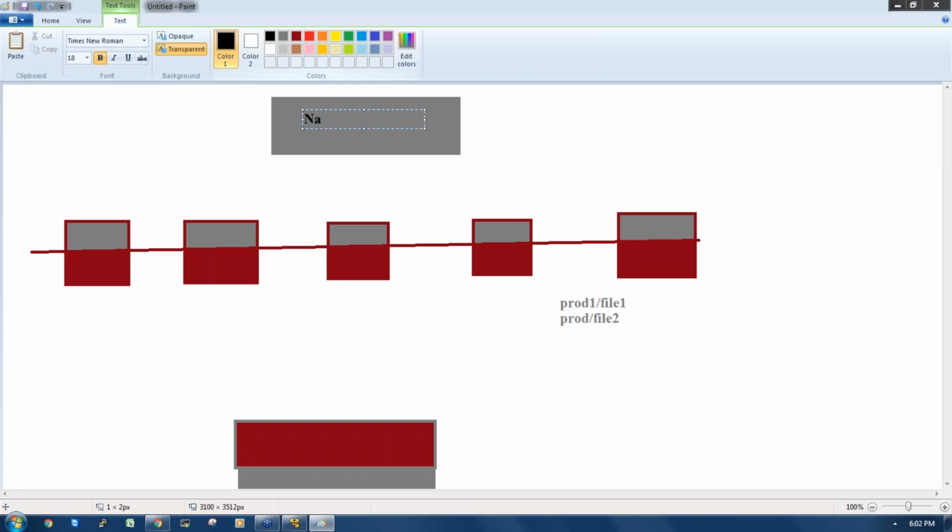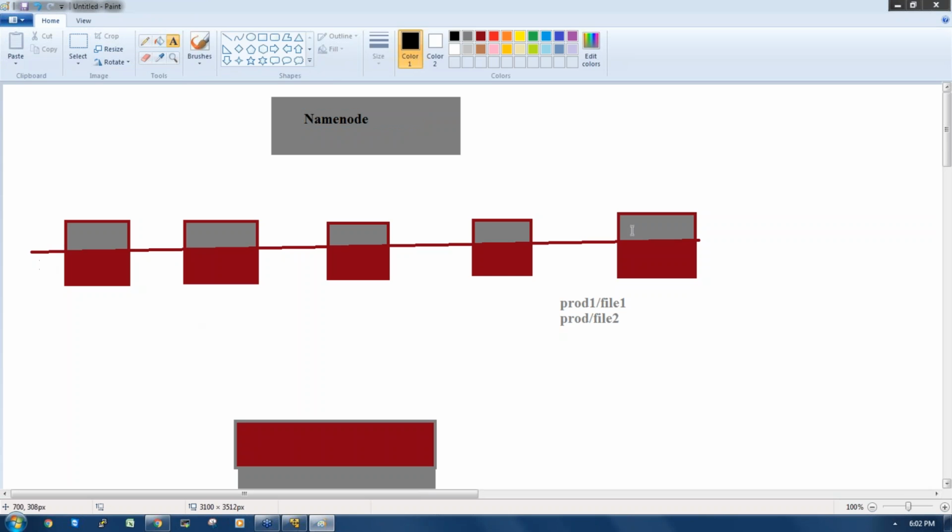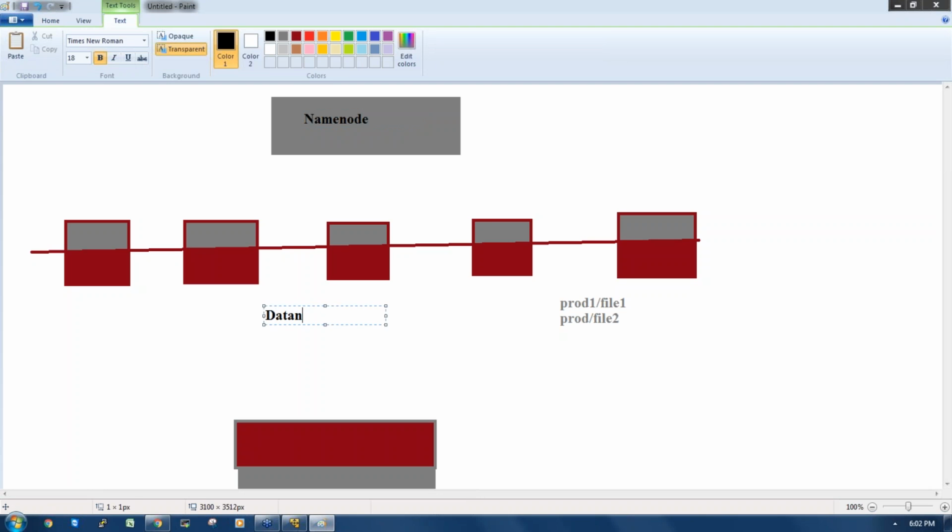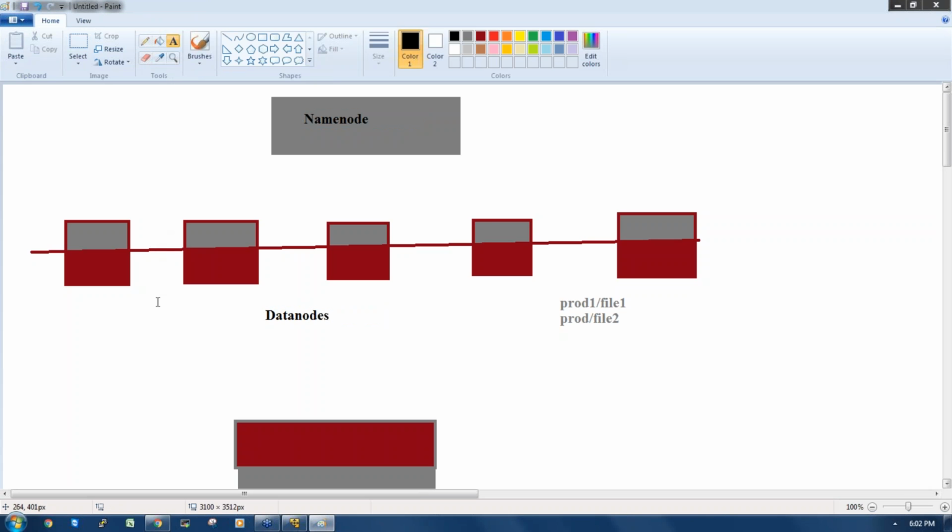The nodes where we write the actual data, the input data collected from external sources, we call data nodes, and all these data nodes are connected to a master node which we call the name node.